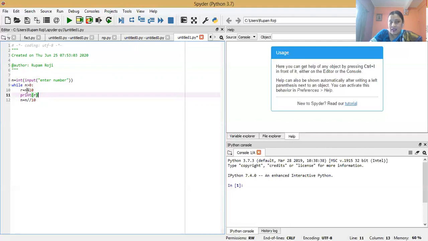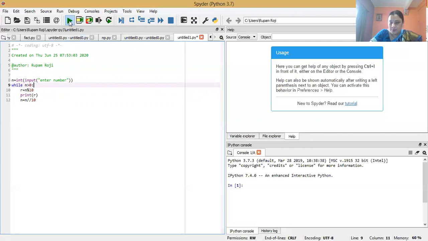Yes, again 1 is divided by 10. The remainder will be 1, and 1 will be printed, and 1 divided by 10 is 0. And when we check the condition 0 is greater than 0, no, this condition is false, and the loop will be terminated.